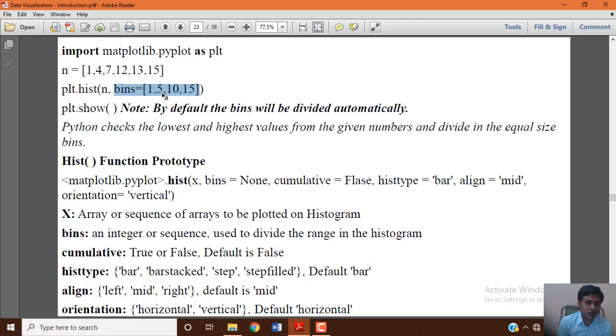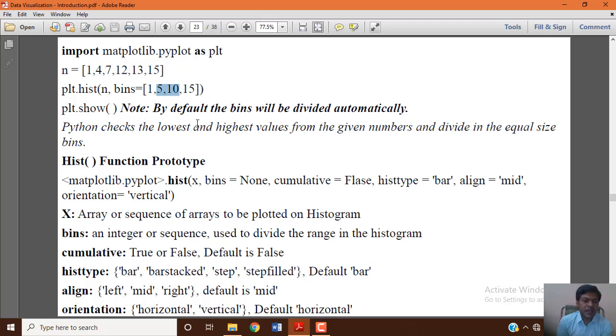So bins equal to 1, 5, 10, 15. The first is 1 to 5 as one range, then the second is 5 to 10, that is 6 to 10, then 10 to 15. Once you divide the histogram with the help of bins, you can print the graph.